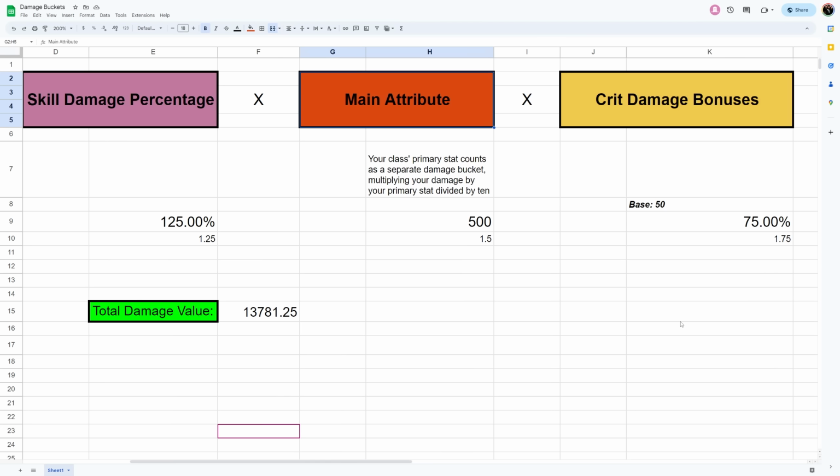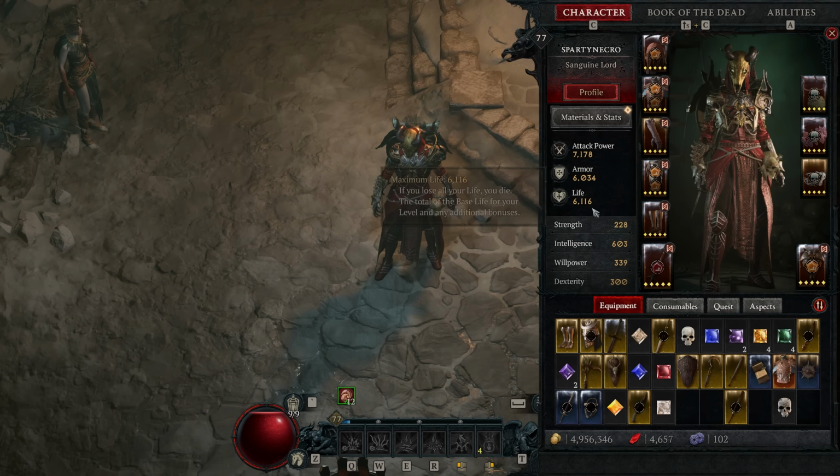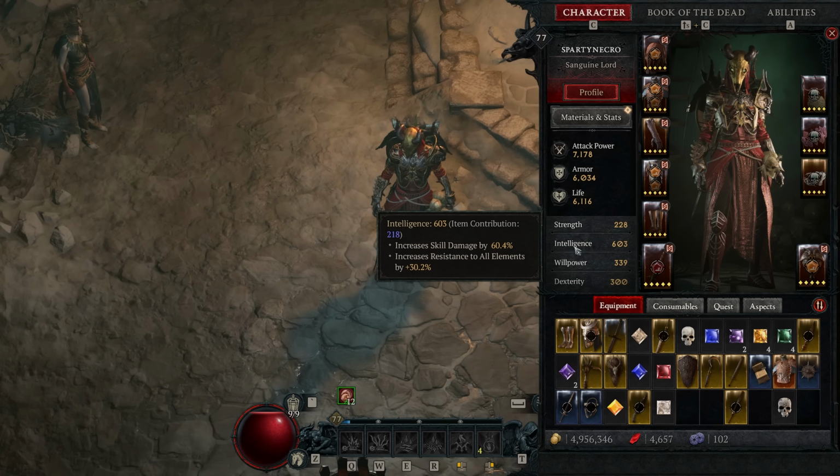Now we have our main attribute. This is going to be different depending upon the class you're playing. If you're playing a barbarian, you'd be looking at strength in this situation. Whatever attribute tells you in the game that it increases your skill damage. Let's take a look at that right here. We're going to click over to the game. I'm going to hover over intelligence, which increases skill damage by 60% because I've got 600 intelligence. I've rounded here, but